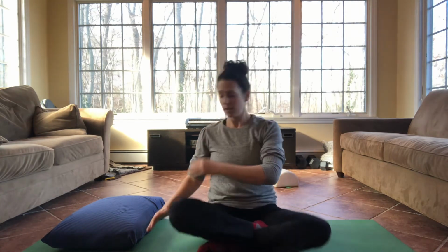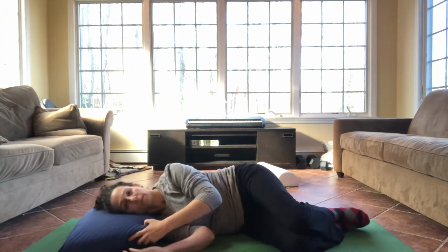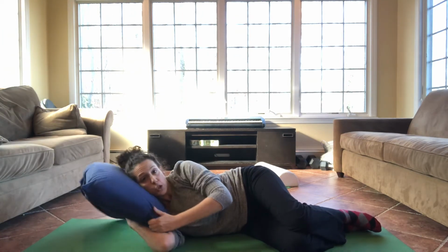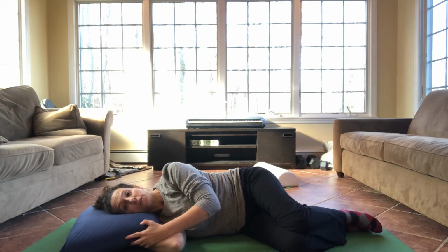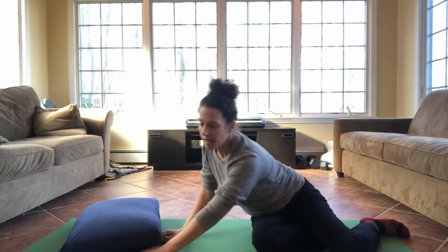But in general, you want something to fill in that space. So the firmer pillow will do that. So now my neck and my head are more in line with the rest of my spine. I'm not pushing it all the way down. It's not too high up that I'm here, because you don't want one that's too high either. You want something that's kind of nicely in the middle. So you find the pillow that works for you, firmer pillow for your side, and the most effective way to